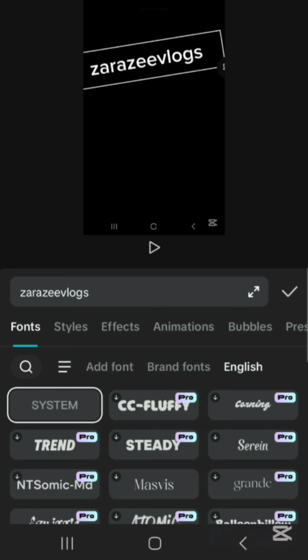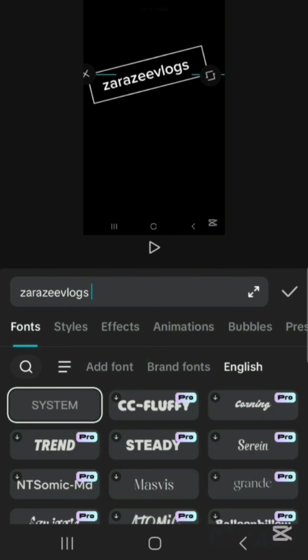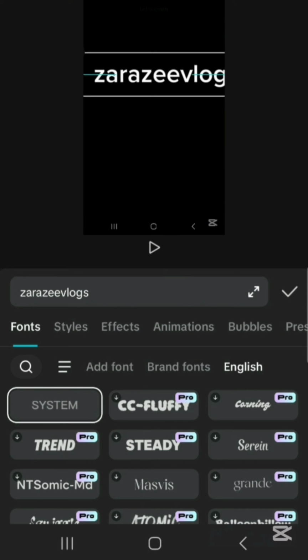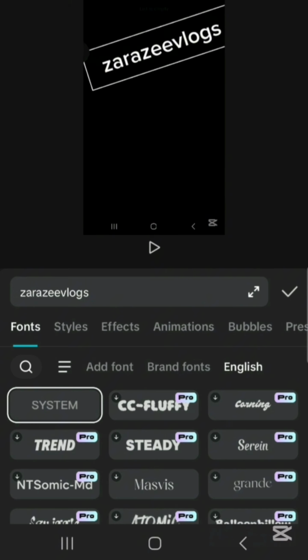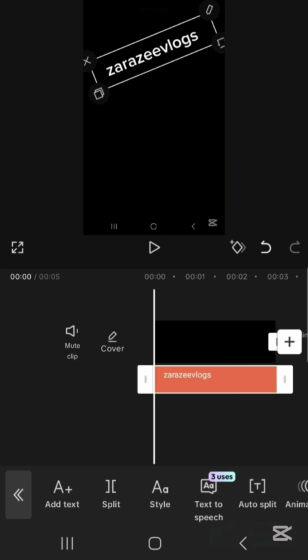You can use your hand to take it to whatsoever angle that you feel like. You can also use your hand to zoom it in and zoom it out like this. So once we've made it like this, depending on the angle that you want, all we have to do again is